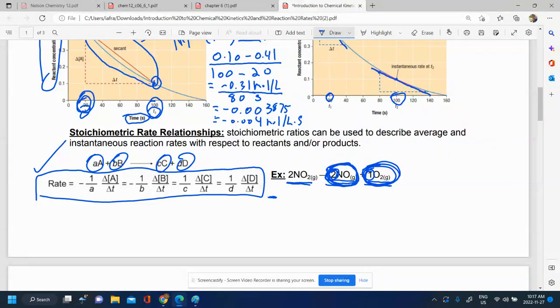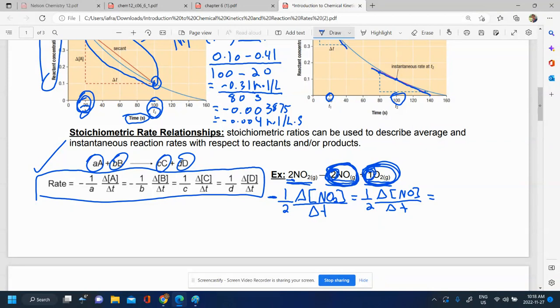Okay. So I'm going to put negative 1 over whatever the coefficient is, which is 2. And then I'm going to put delta, that means change in concentration of NO2, over delta T, change in time. And that's going to be equal to the same thing here. We'll do 1 over 2, since it's a product, I don't have to put negative, delta concentration of NO over change in time, which is equal to,